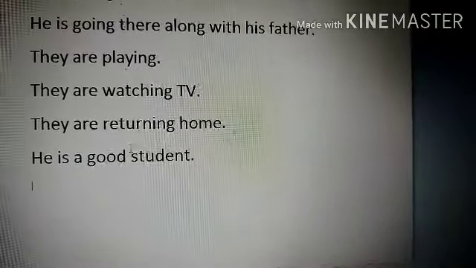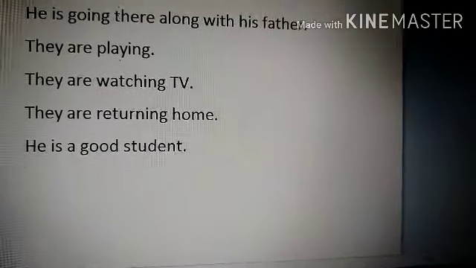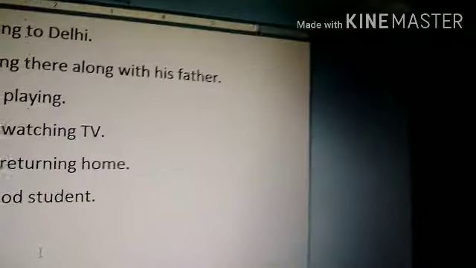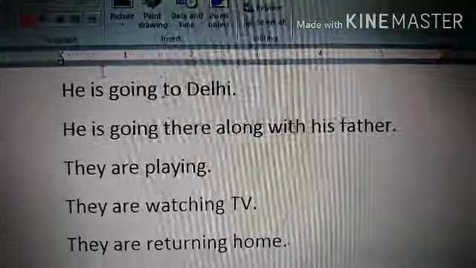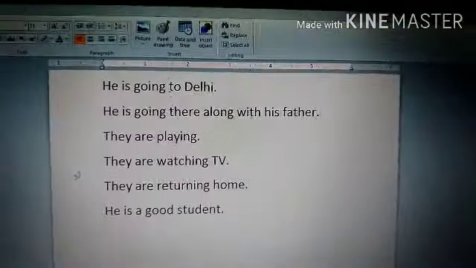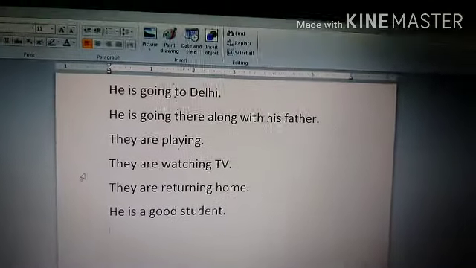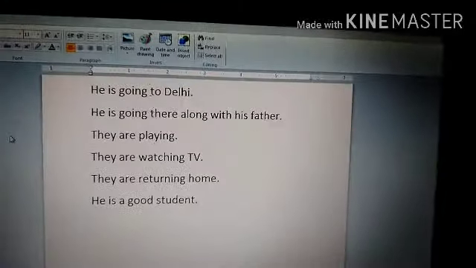The sentence which was cut by us in the starting is now at the last, that is cut and paste, and the sentence "he is a good student" is not on the first row. It was the function of cut and paste, meaning the first sentence is cut from there and you can easily paste it at any location.